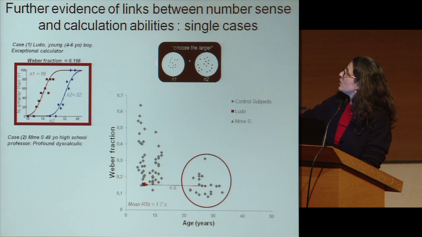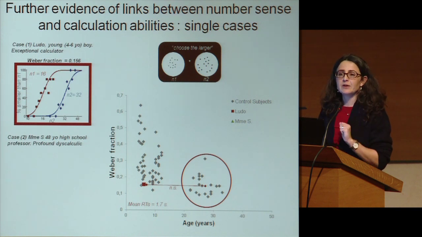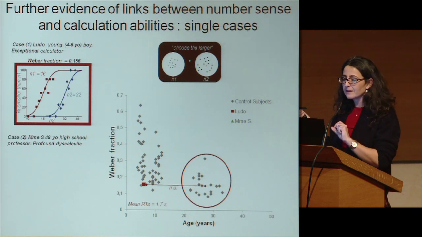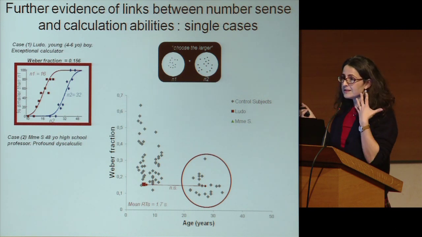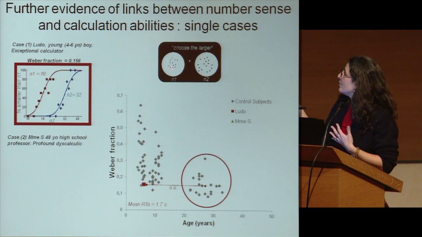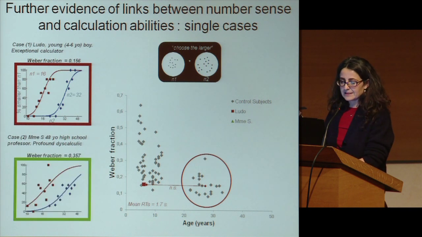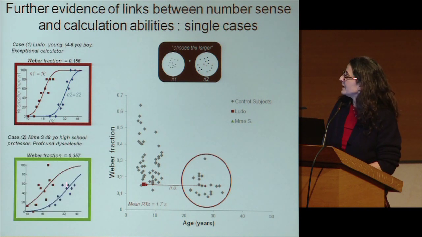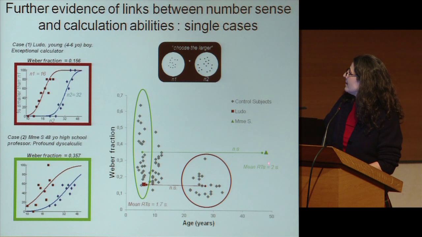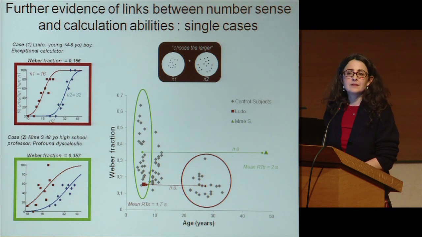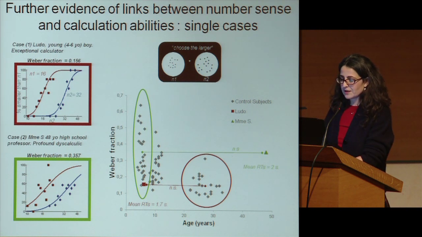When we showed her these stimuli, she was very confused and very angry at us. She said, I can't see the difference. Of course, her visual acuity is perfect, so it is not a problem of vision. It was a problem of discriminating between quantities. And in fact, as you can see from her very noisy behavior, the Weber fraction in this task was very low. Indeed, this is Madame S. She's not significantly different from the group of preschool children.